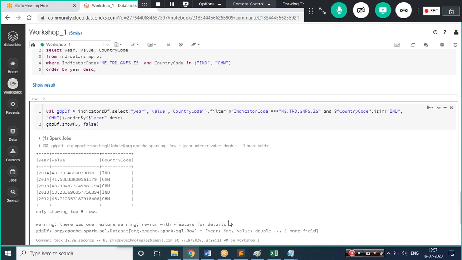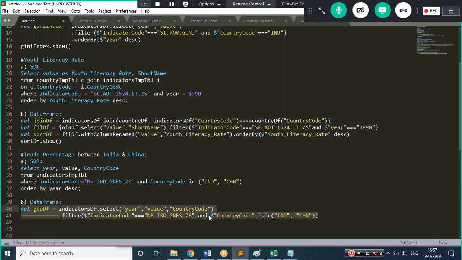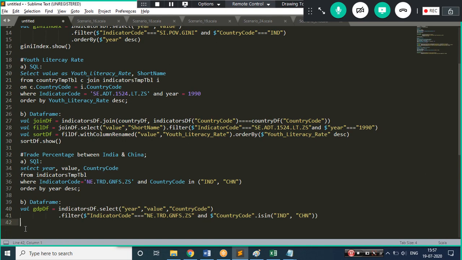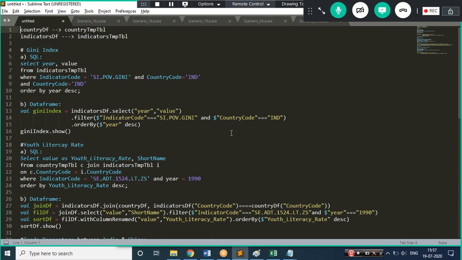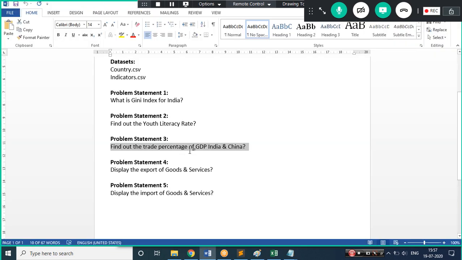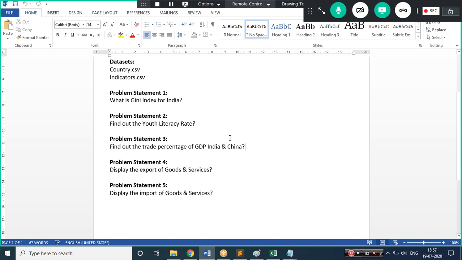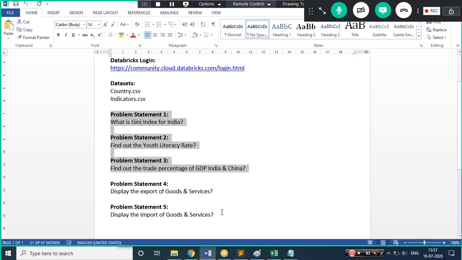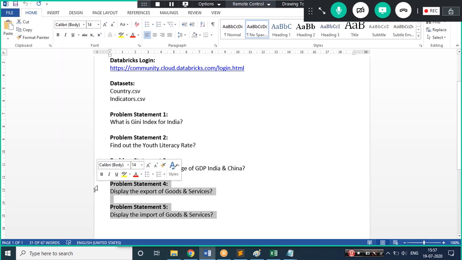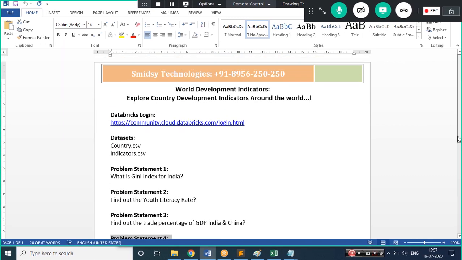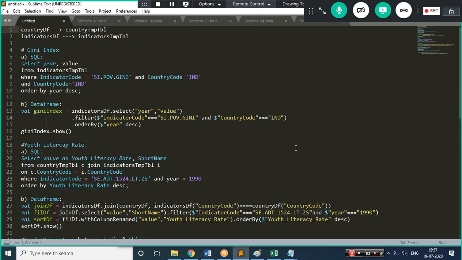So this is how I am trying to solve this. It is nothing but I'm just trying to leverage my Spark Scala knowledge in Databricks. Okay, so nothing else which I did. It's just a small 3 problem statement which was given, and I'm just trying to make the solution out of it. So maybe next time I'll try to add a few more. As of now it's 4 o'clock, so the time was set. So I'll just try to stop here.